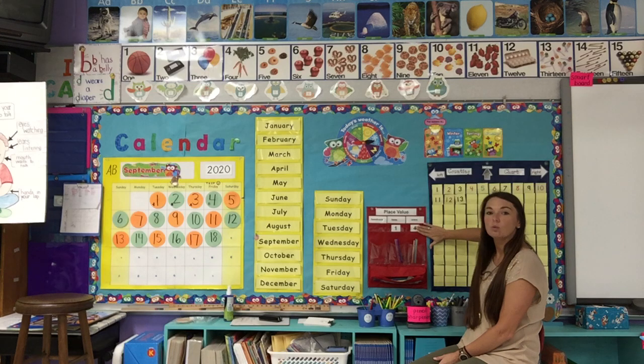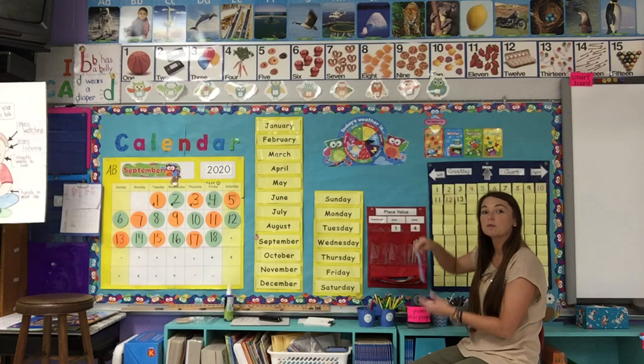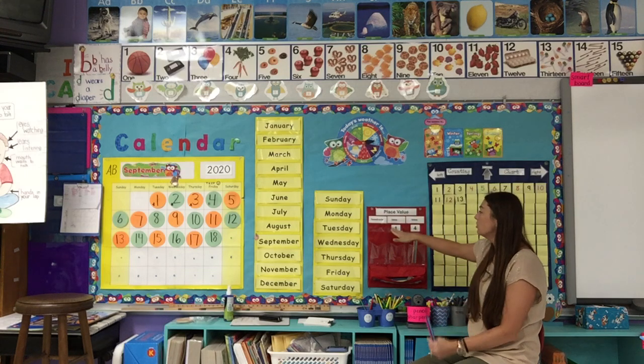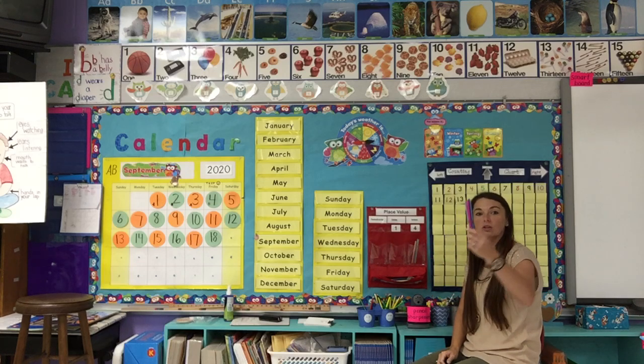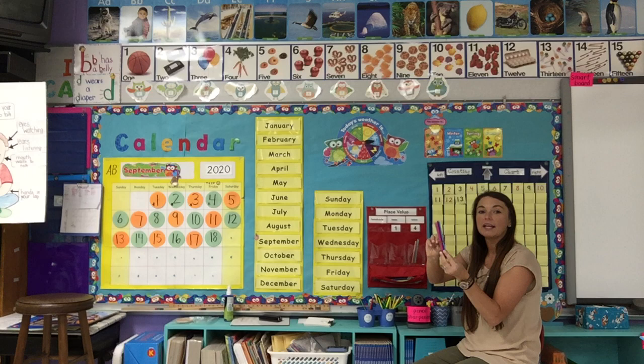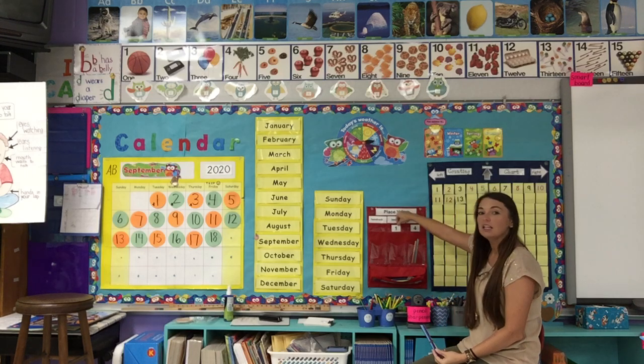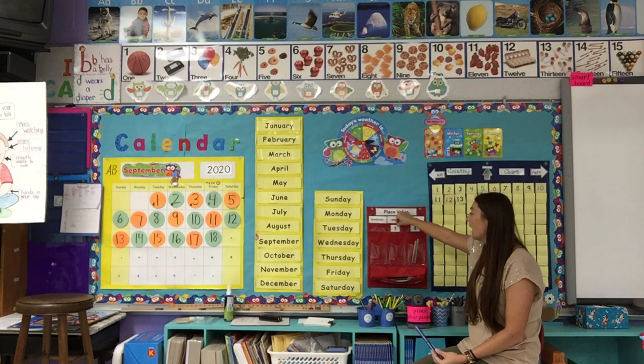So we just counted the ones place. After we count the ones place, then we're going to move over to the tens place. Do you remember the other day when we talked about the tens place? The tens place, we put straws in there that are in groups of 10. So any straws that are put into the tens place have to be in a bundle, or put a rubber band around them, and they have to be in a group of 10. So that number that's in here tells us how many groups of 10 we have.